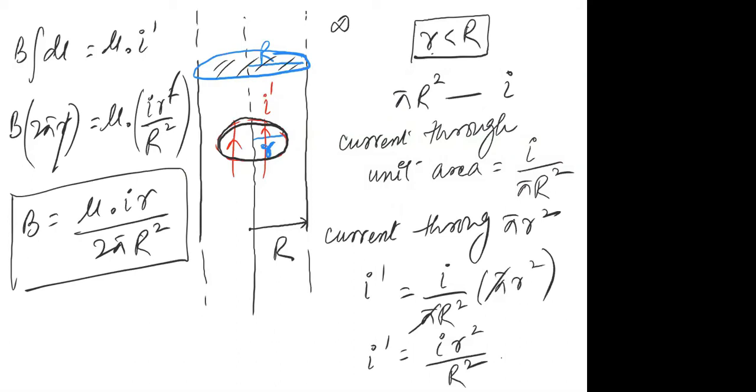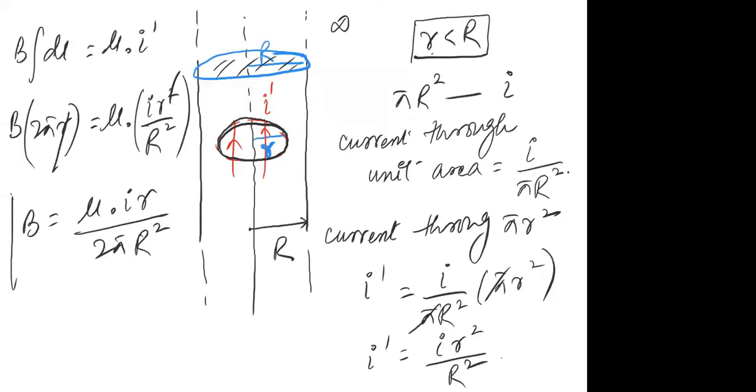So we have already calculated the magnetic field at three different points of this wire. One was outside the wire, another one was at the surface of the wire, and the third one was inside the wire. So we have got the magnetic field at three different points. Okay, so moving on to the second part of the question, which was a graph of this magnetic field with R.